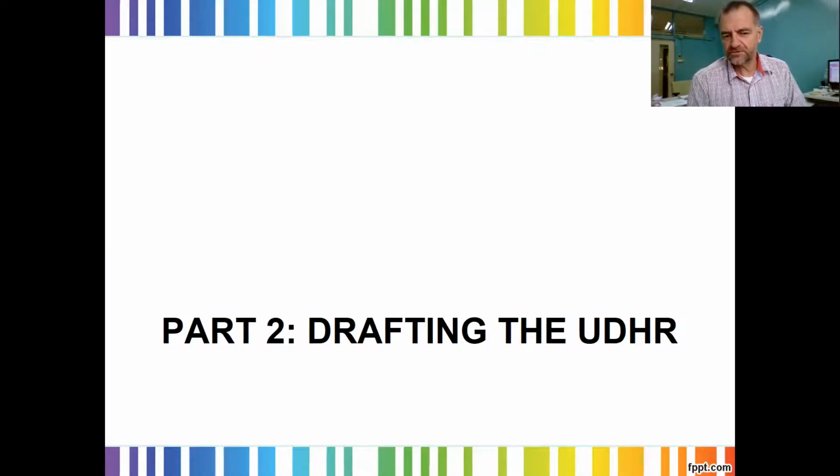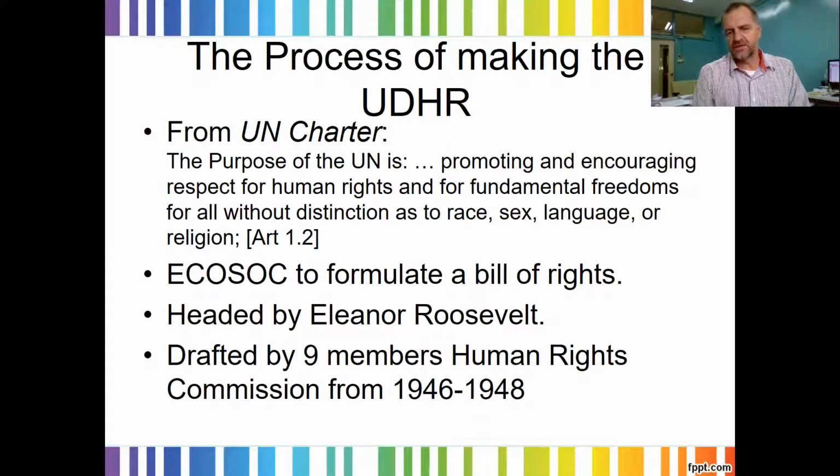And so when the UN was formed in 1945, it was going to manage a number of different areas, say development and international law. But one of the areas that it had to develop was this idea of what was then called fundamental and human rights. So how that happened was in the UN Charter, and the Charter itself is like the constitution that founds the United Nations. The UN Charter says one of the purposes of the United Nations is promoting and encouraging respect for human rights and fundamental freedoms for all without any distinctions as to race, sex, language, or religion.